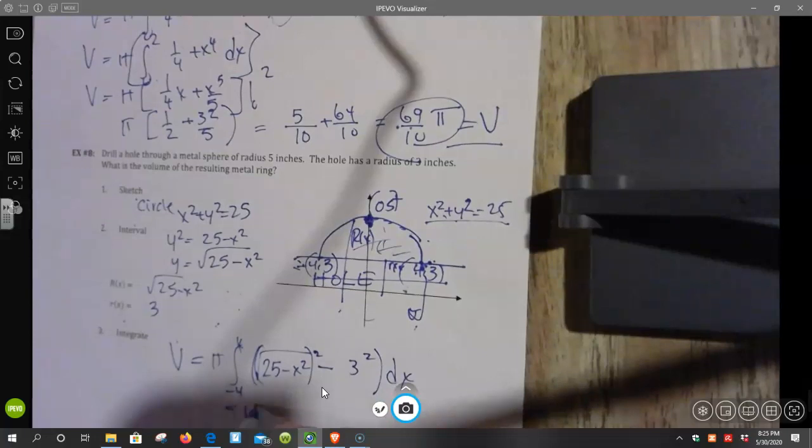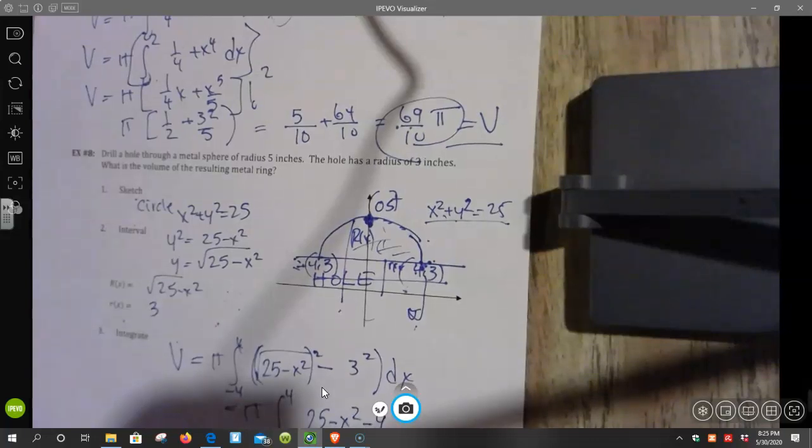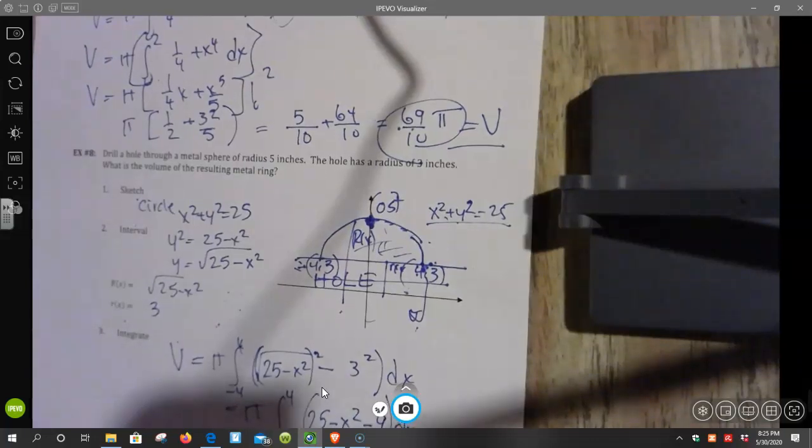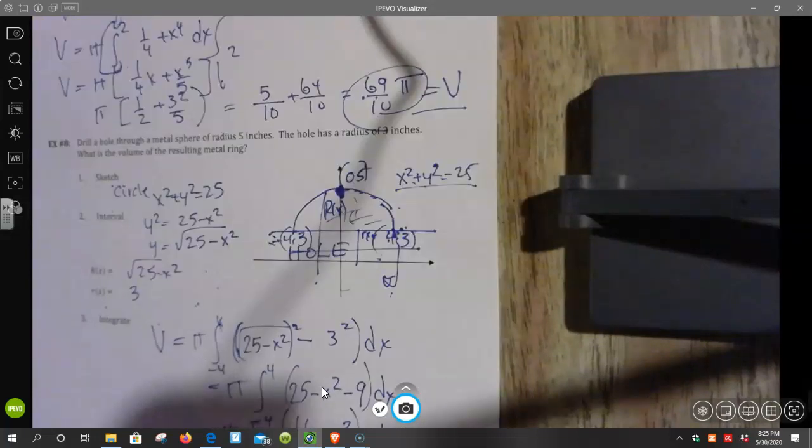So it's going to go to pi, so the integral from -4 to 4 of 25 minus x squared minus 9 dx. Simplified, -4 to 4 of 16 minus x squared dx is equal to pi times the integral, pi times what, that's going to be 16x